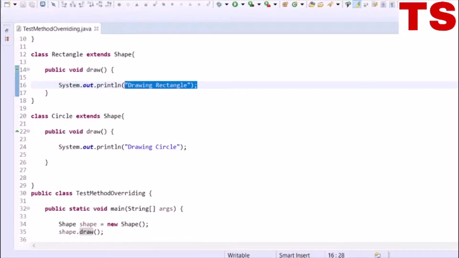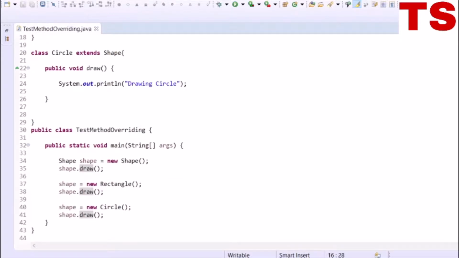And here we are making the Shape reference variable point to the instance of the Circle class, and this draw method will call the draw method of the Circle class which prints drawing circle.